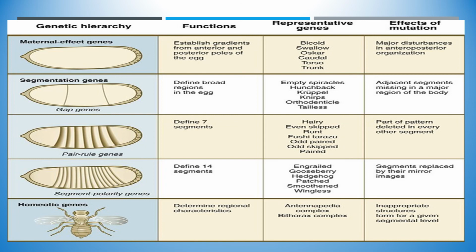Now the role of pair rule genes is that they pair the similar segments together and they form several bands, several demarcations in the embryo. Here you can see several segments. Now the role of the segment polarity genes is to define their axis, which one is dorsal and which one is ventral. So a total of 14 segments are formed. Out of them, 3 are responsible for the head region, 3 for the thoracic regions, and the next 8 are responsible for the formation of the abdomen of the fruit fly.